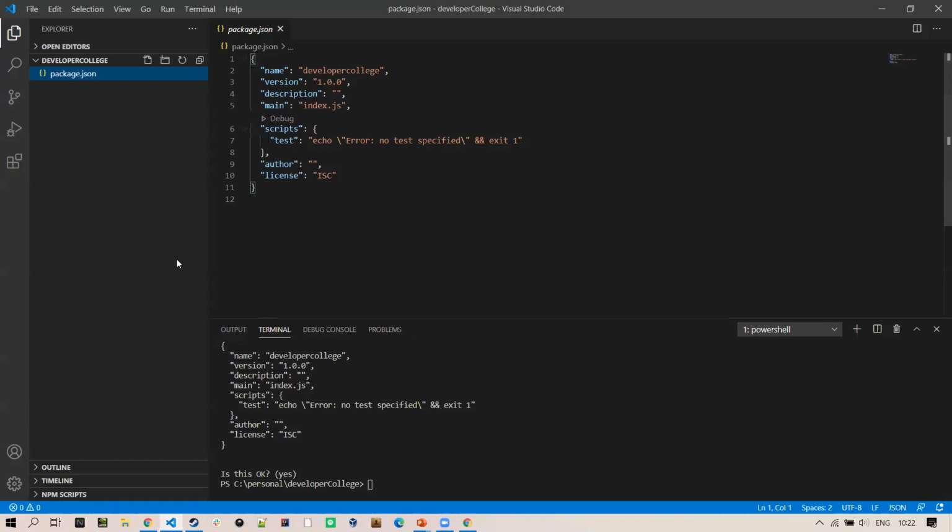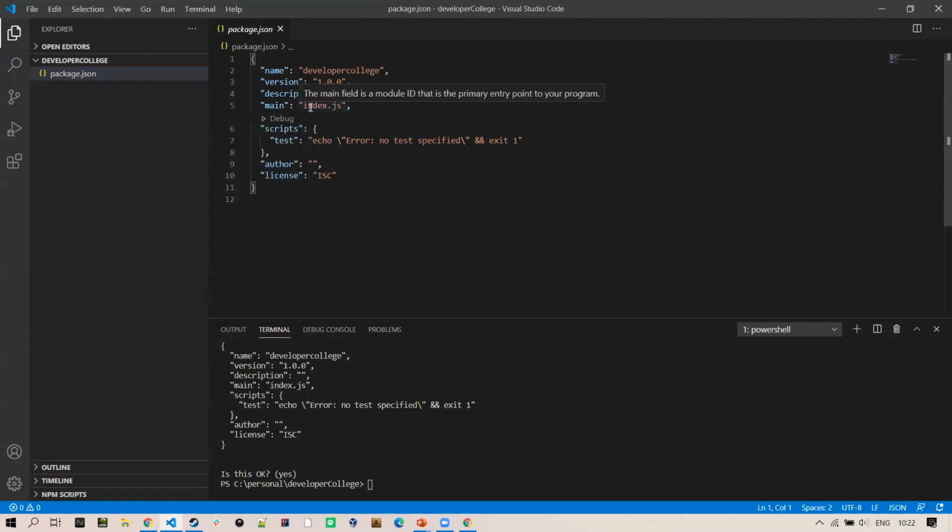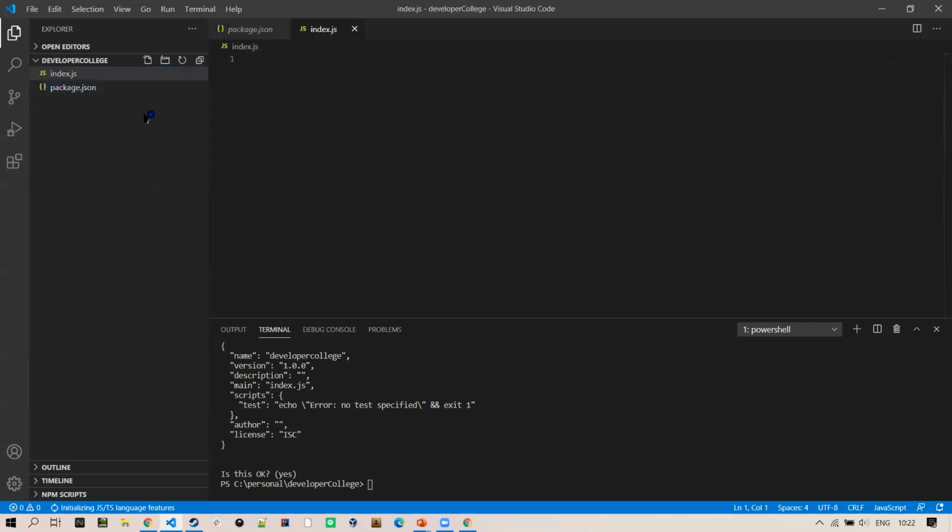Okay, so now that we have this, if you click on new and create a file. This is our main point of entry. This is main, and this is the first thing we want to create. So we are just going to create it and call it index.js. Right? So, one second. Okay. So now that we have this index.js,